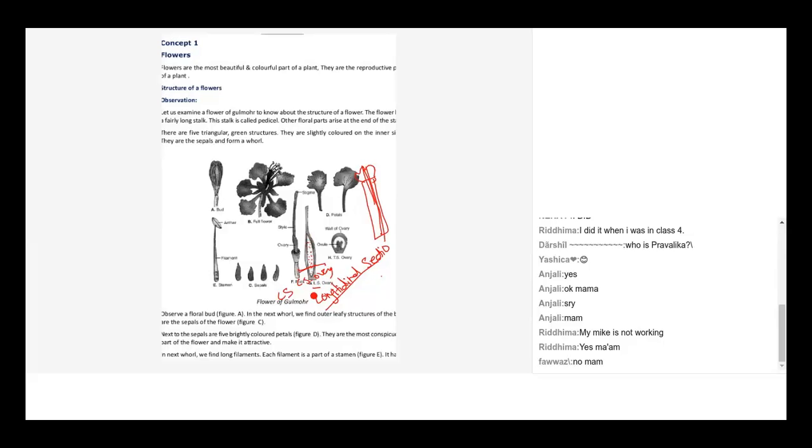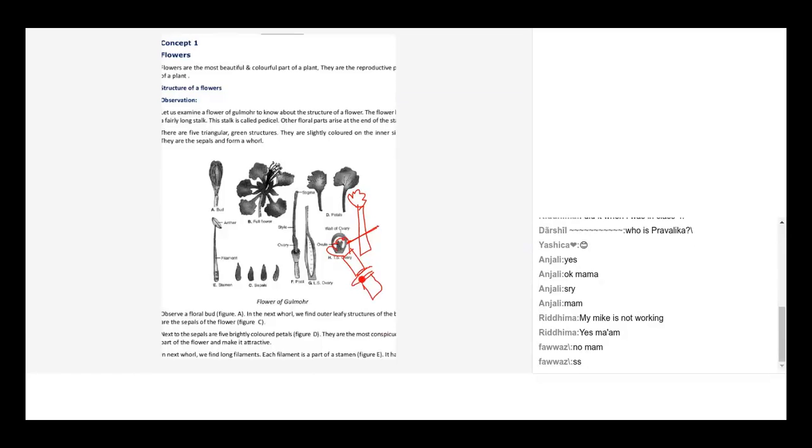Ma'am, can you please repeat about the CS? CS is a cross section. Wait, one minute. See, basically if there is a stick, and you cut it like this, what you get is a cross section, CS. When you take a cross section under the microscope, it will be round in shape, and you will see the ovules arranged like this. But when you take a longitudinal section like this, you will see the ovary like this, and the ovules are like this. Have you understood this, Neha?